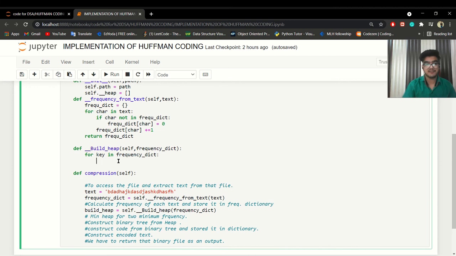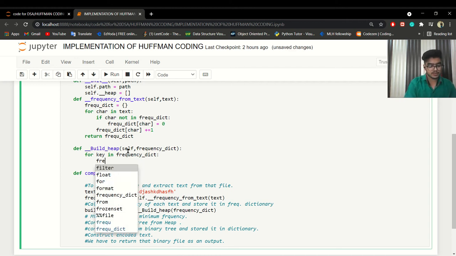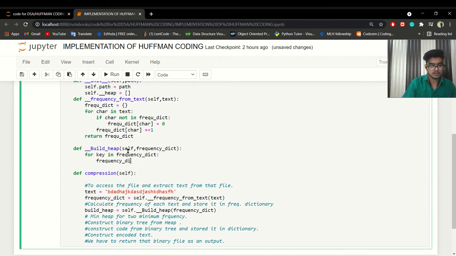Now for every key we have a value, and how do we get that frequency? Simple. We have a frequency table, so we can write frequency is equal to, okay, so how can we get that?